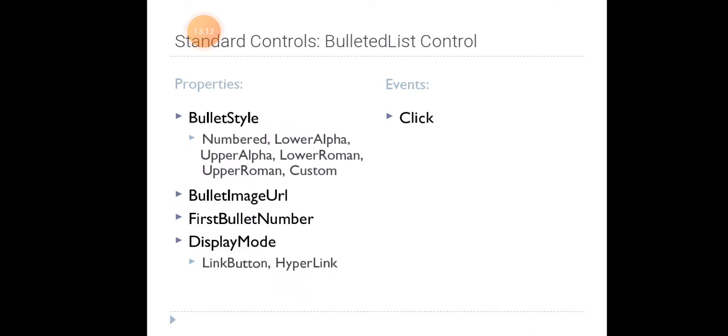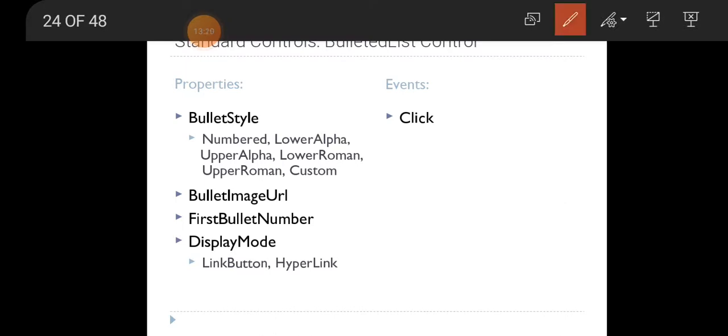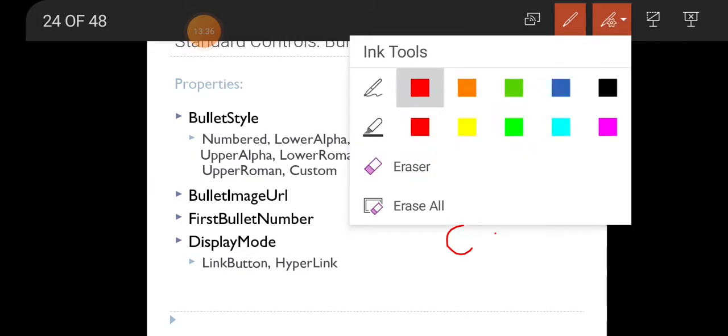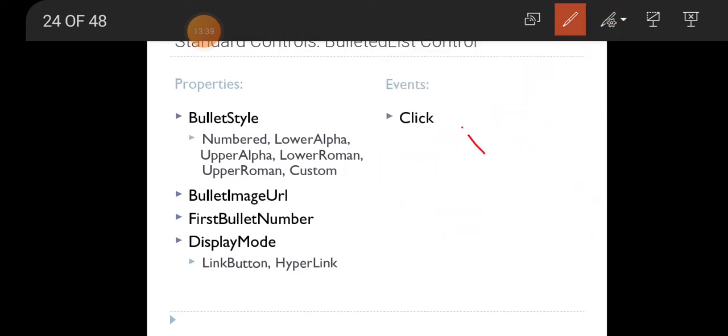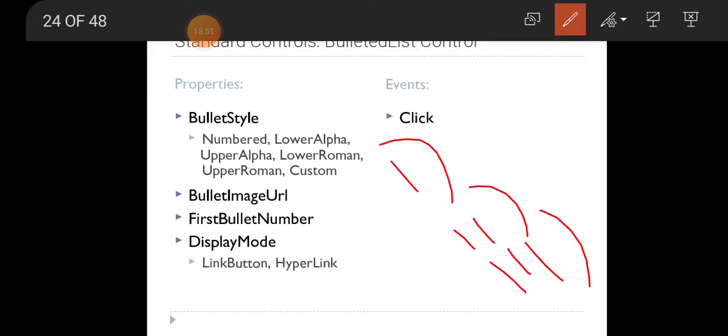The properties of bulleted list controls are numbered, lower alpha, upper alpha, lower Roman, upper Roman, custom. Numbered means just 1, 2, 3. These are the numbered list. Lower alpha means a, b, c. Upper alpha means A, B, C. Lower Roman means i, ii, iii, just like this, and upper Roman means I, II, III.